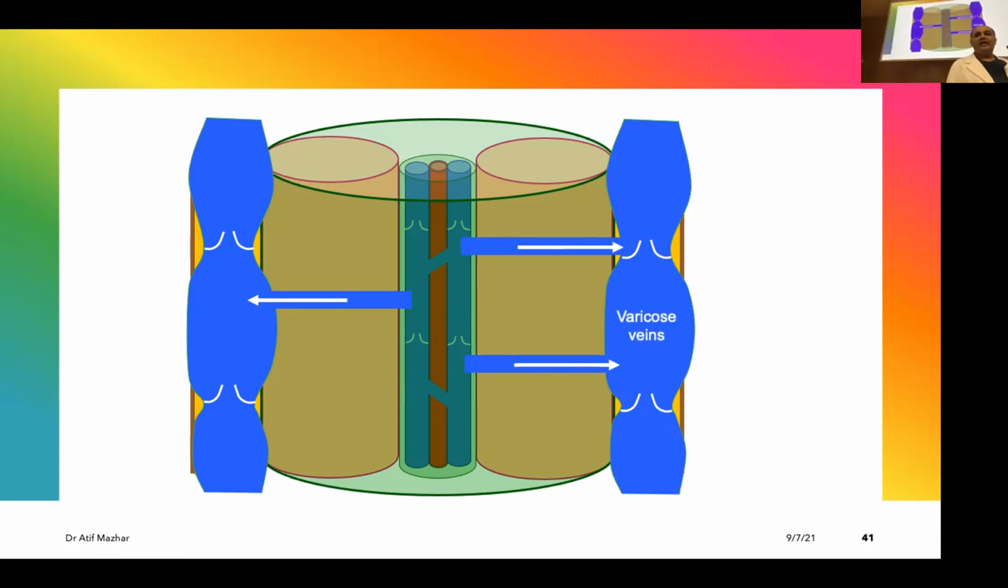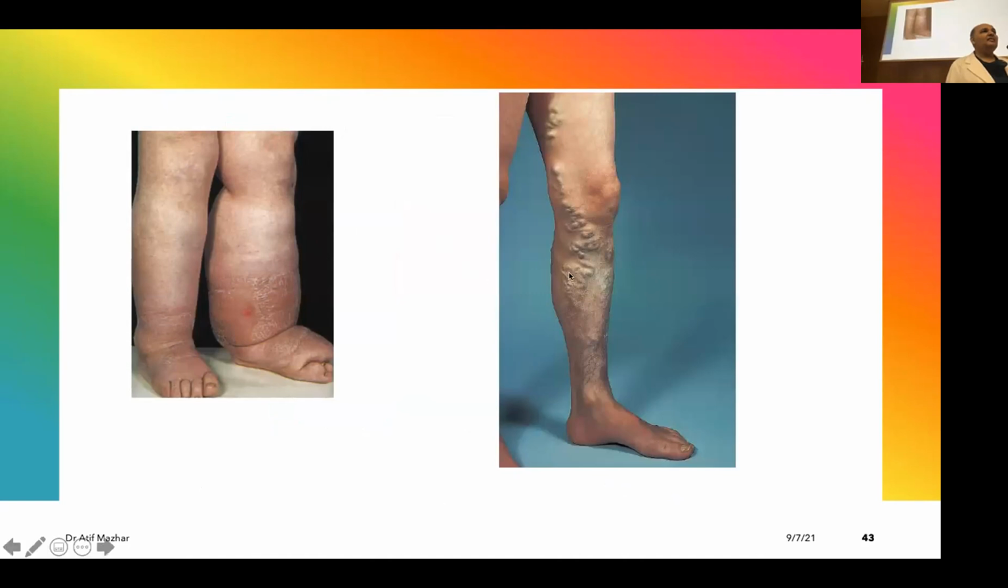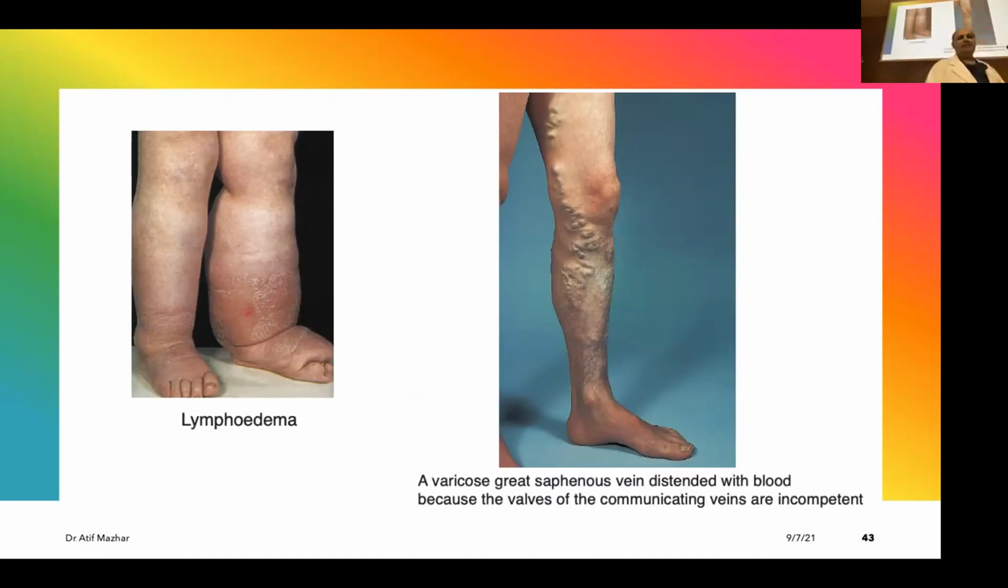And when this person comes to you, look at it, this is how his leg will appear to you. What do you think? Then what is this? Lymphedema. And what about this leg? Varicose veins. So you're looking at lymphedema and varicose veins. So you can see the difference. And why do these veins become visible? Because the valves have been destroyed. So the blood is coming within the superficial veins.